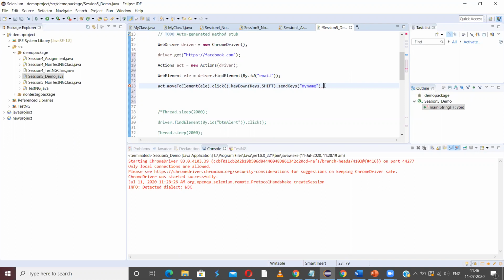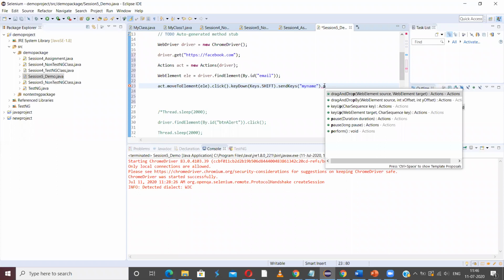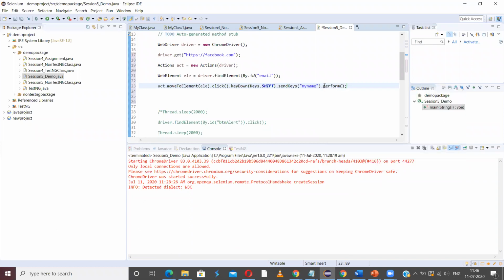After entering the text, we should use perform. Perform is the action that has to take place. Whenever we use the Actions class, we have to use this perform method in order for that action to be taken on that particular element.